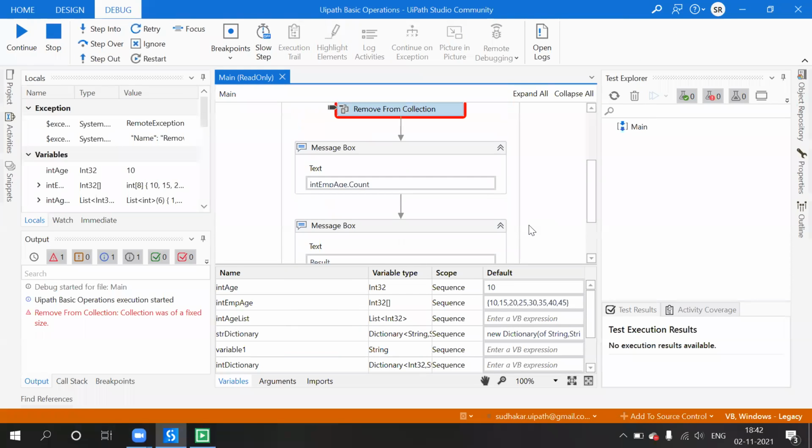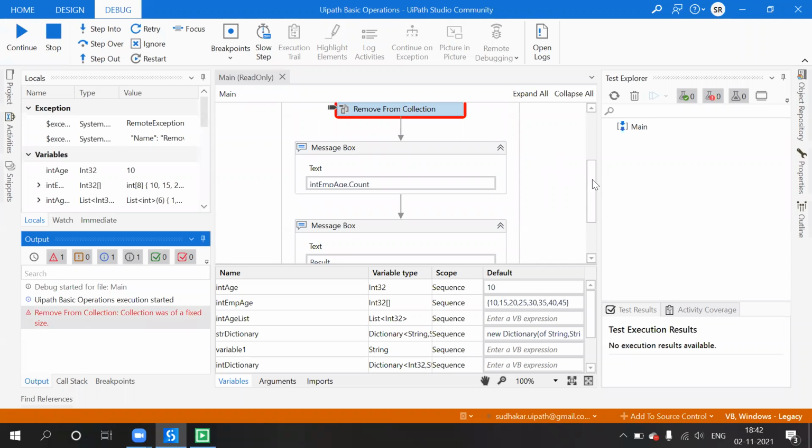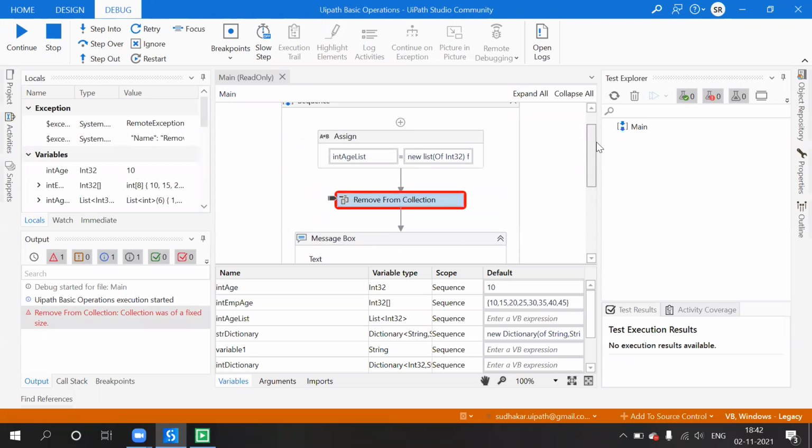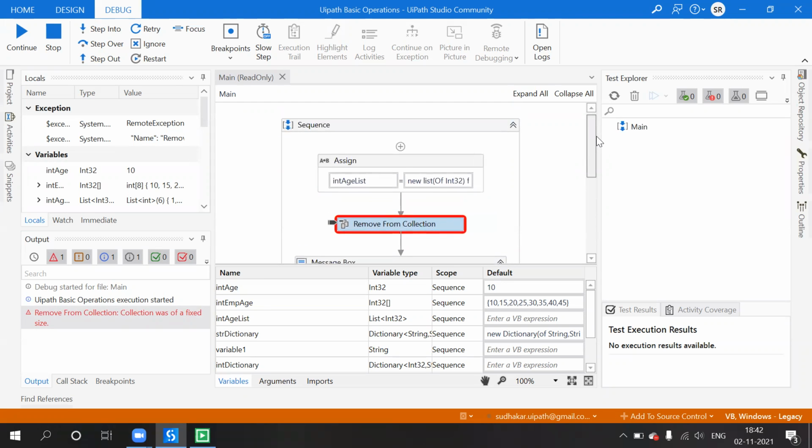Now we'll see. The collection was of a fixed size, so we will not use it for arrays. Whatever activities we have seen for lists, we cannot use them for arrays.